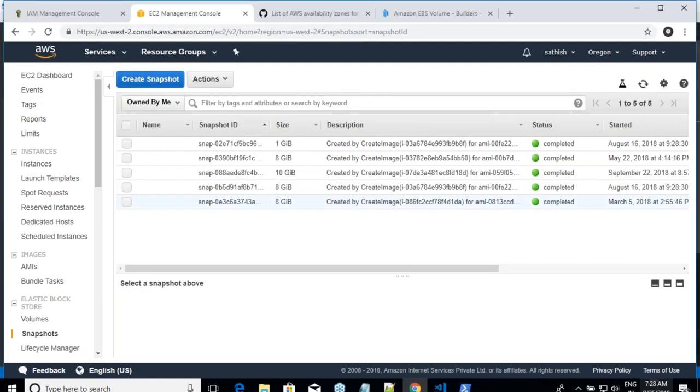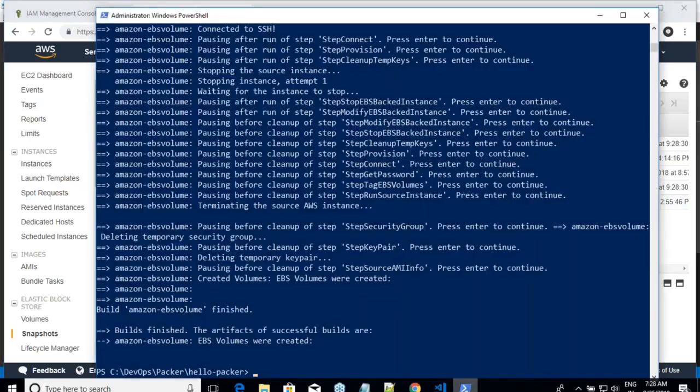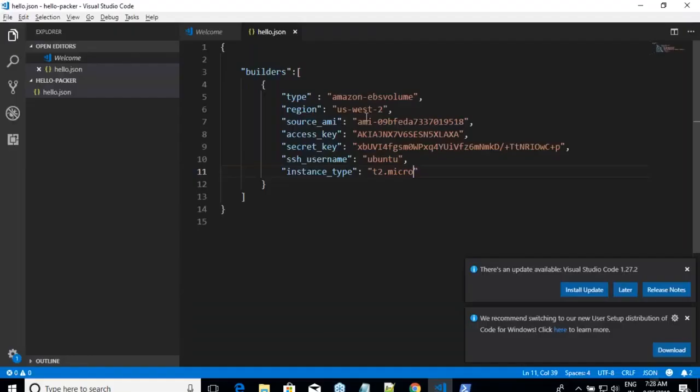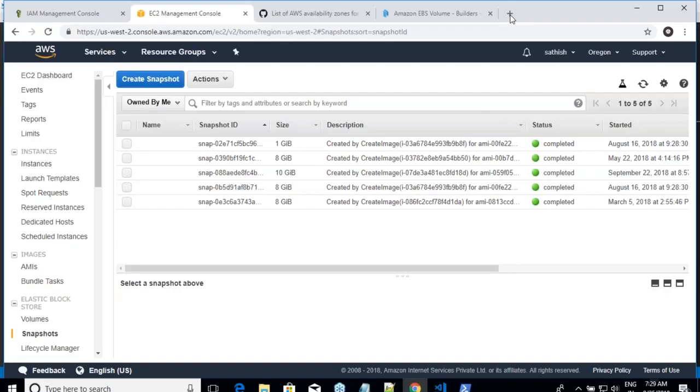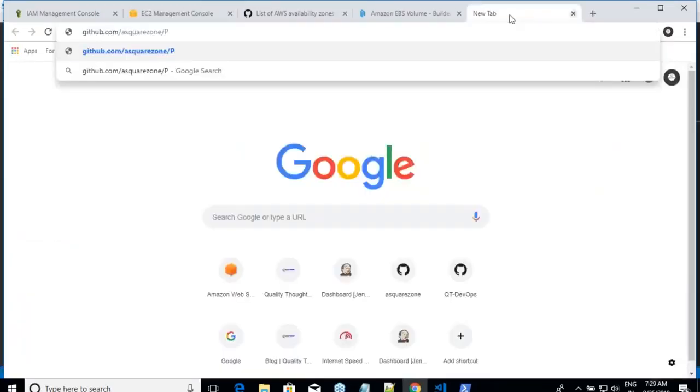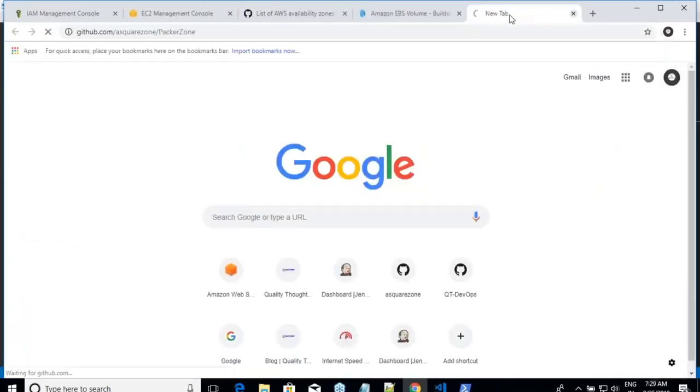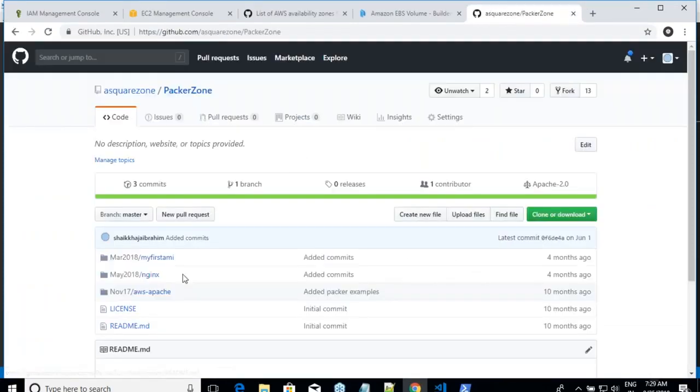Now, since we have a basic idea of what this is, I'll be taking you to some of the script which is already working. You just look into that and you just tell what is being done over there. Okay. So Packer zone, this is fine.